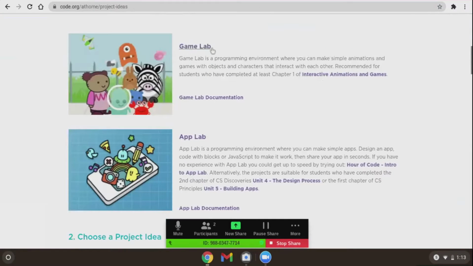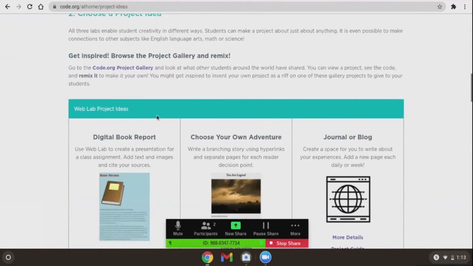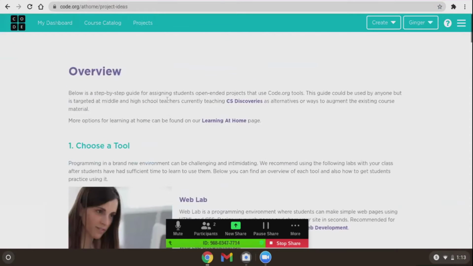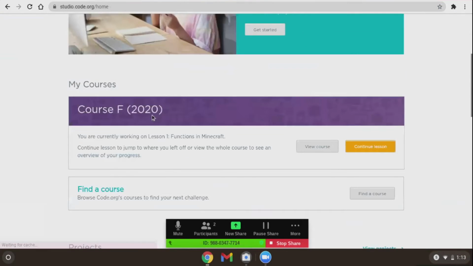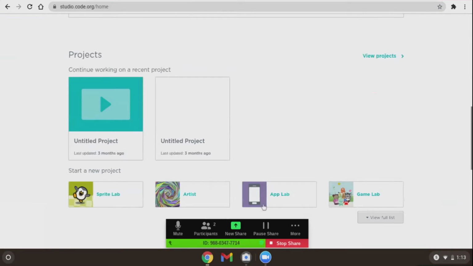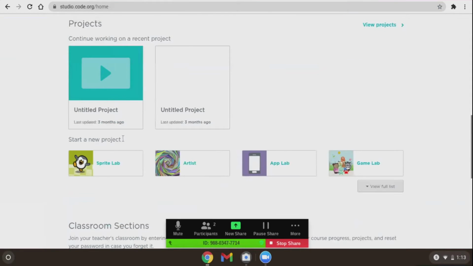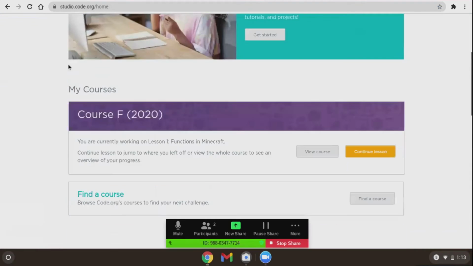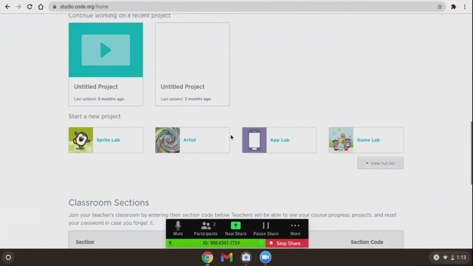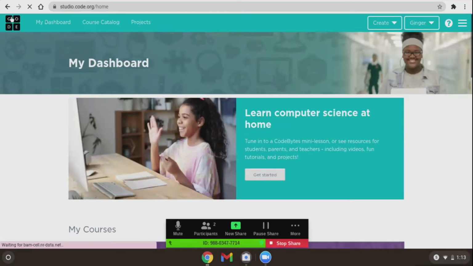ideas, you can see them all again. If you have any projects due, you can tap on my dashboard. And then there's courses, projects, and new projects, and classroom sections. And then if you go to whichever one you're working on, and who was working on,